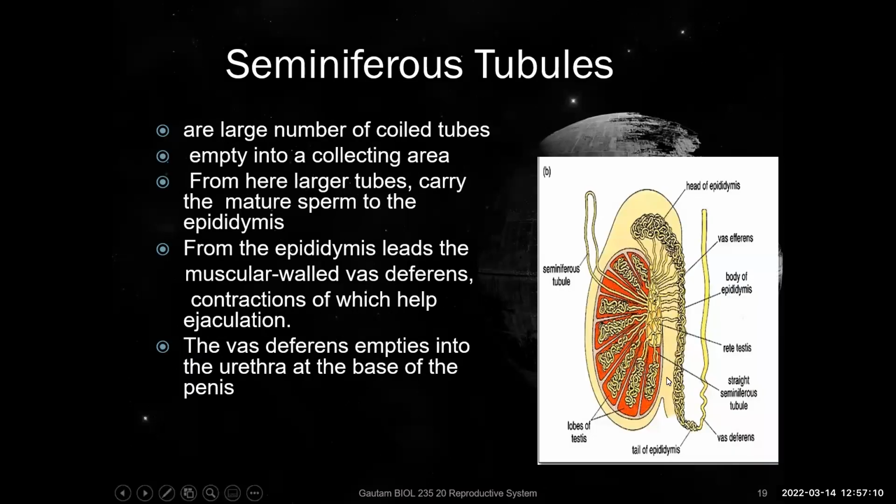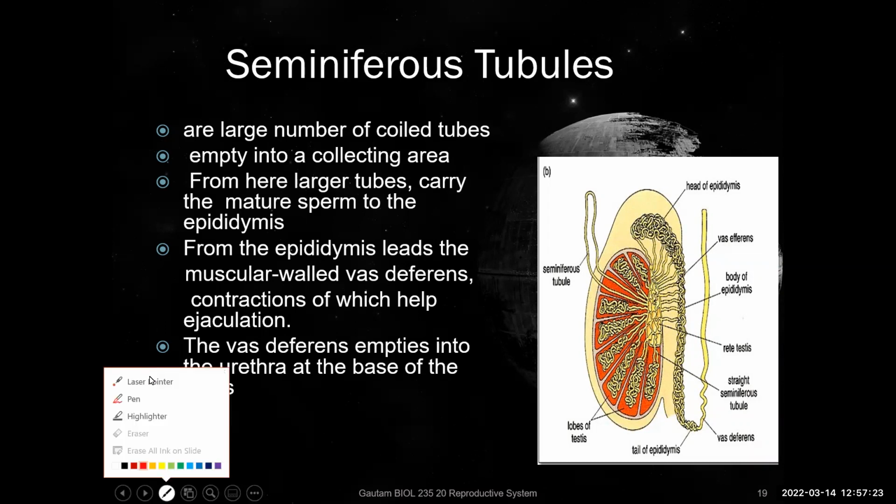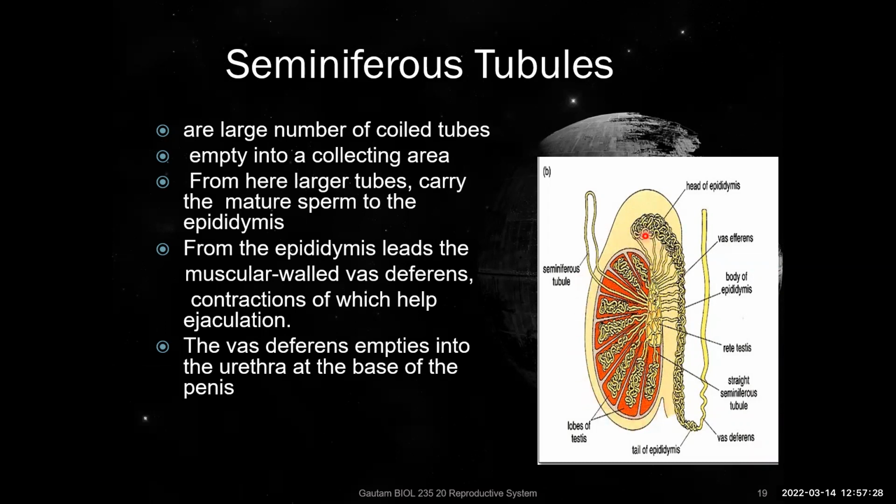Here is a good diagram, and what you have is one testes that you're seeing here. Let me get my annotation out. I'll just use PowerPoint. If you were to make a sagittal cut of the testes, you would see these little sections, kind of like if you were to cut an orange or a citrus fruit. You have those little pyramidal sections, and each one of these sections has a highly coiled long tubule called a